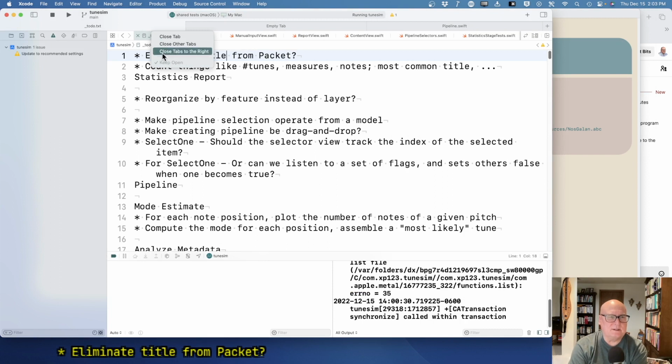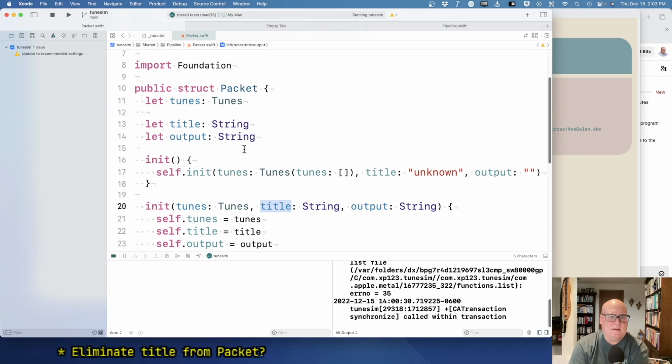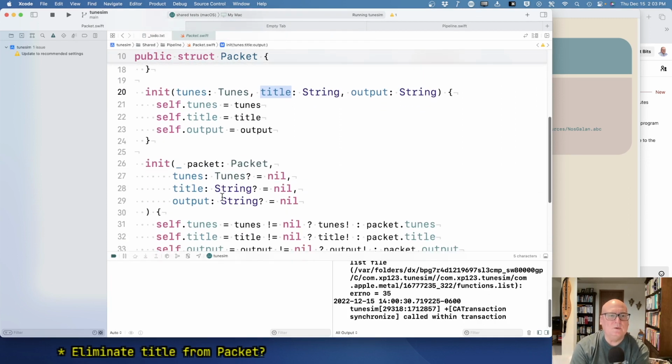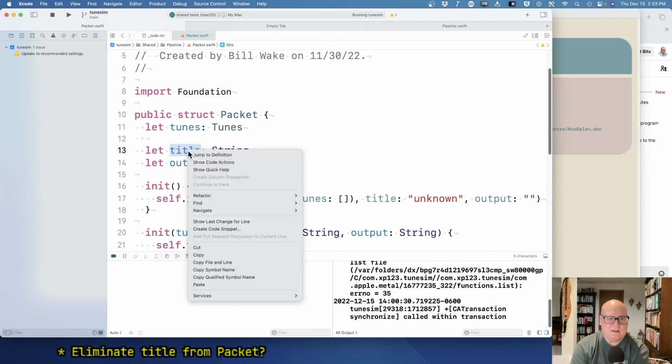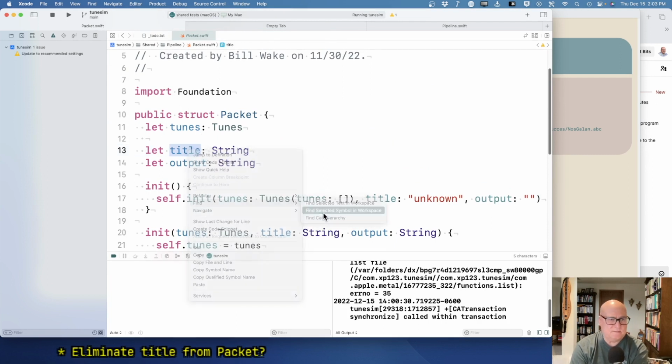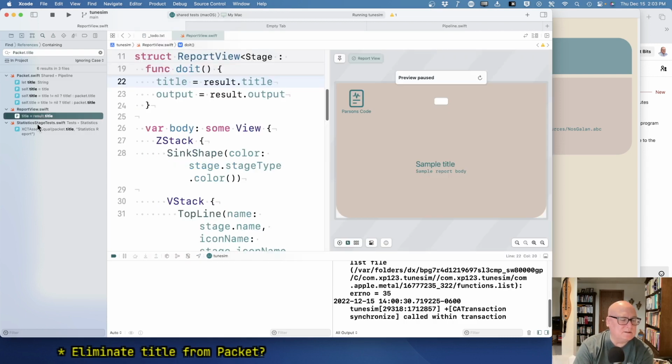Okay, let's just close everything. We'll open packet. Okay, so the question is, who looks at title? All right, so let's find usages. Packet, ReportView writes it, and statistics, ReportView reads it. Interesting. Now, what I want to do,